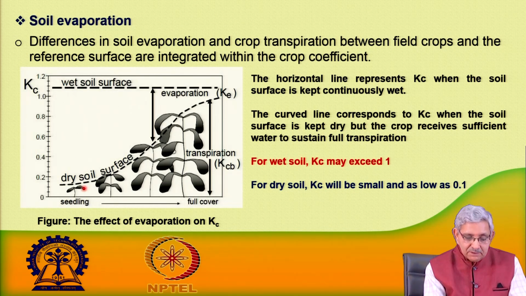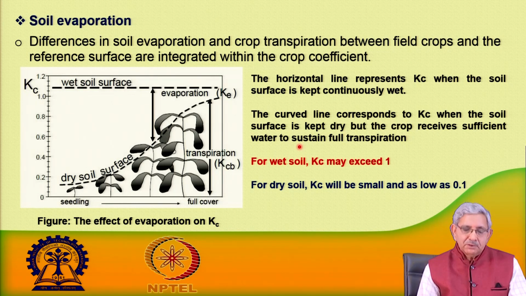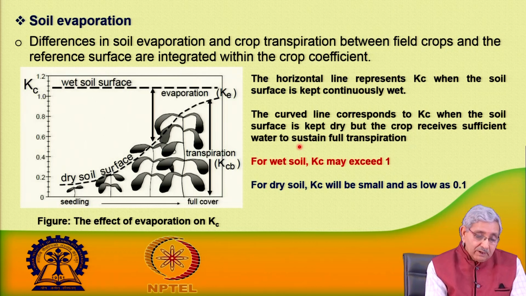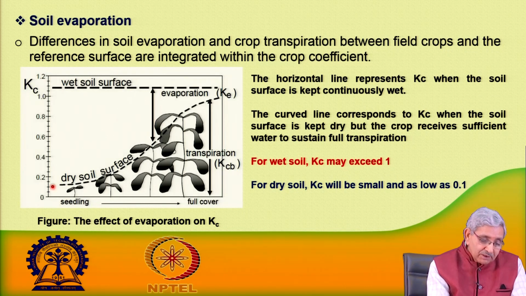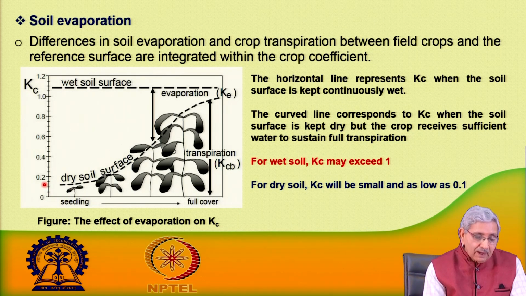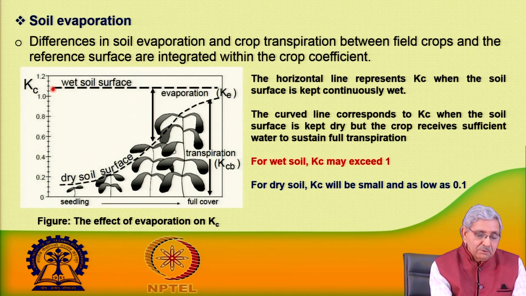The curved dotted line corresponds to the Kc when the surface is kept dry, but the crop receives sufficient water to sustain transpiration, meaning that much moisture is maintained where the crop is able to maintain transpiration. But the value of the crop coefficient we can see here is closer to 0.1,